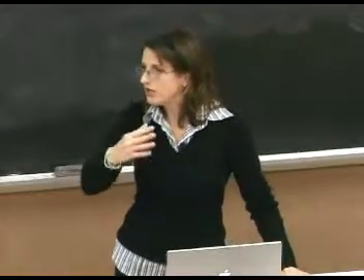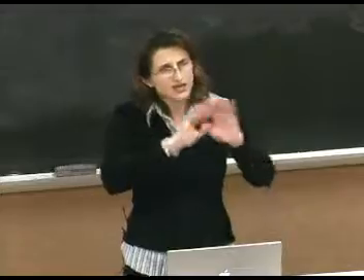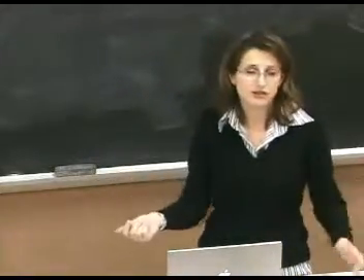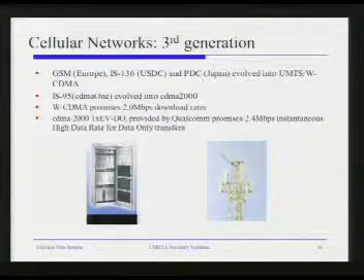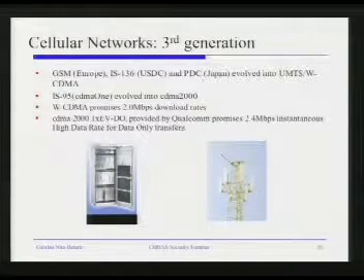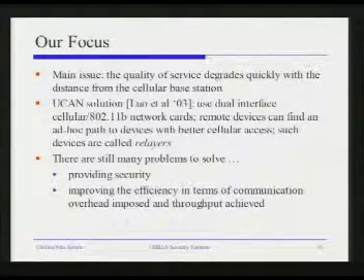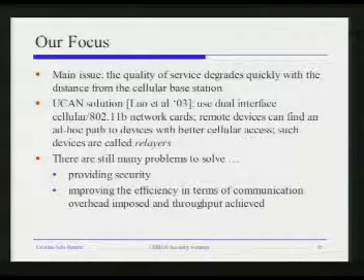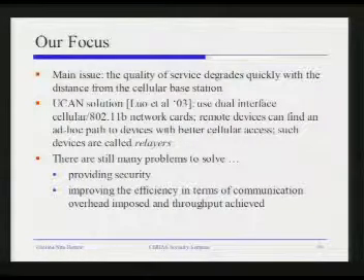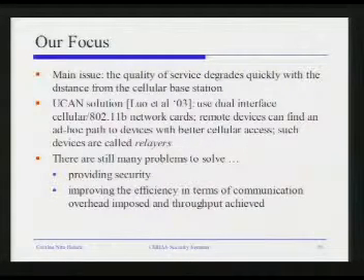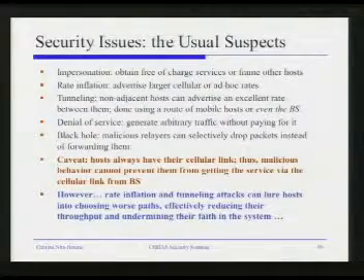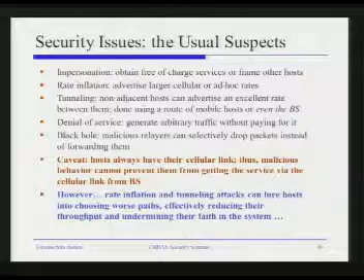Because you cannot have the same type of trust. These intermediate hops are supposed to be users. So this is not dedicated infrastructure, at least in the model that was proposed by them. So if they are users, why should you trust them? That's pretty much how this work started. Then we said, okay, let's look from the security point of view at what the implications are of having these relayers here, and how we can look at it from the throughput point of view, because that was the goal of the application. And security is always something that is an extra. Whatever service you have there, you'd like to protect that service or that information or that data. So we looked at what types of attacks can happen.